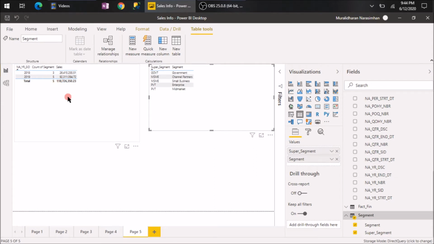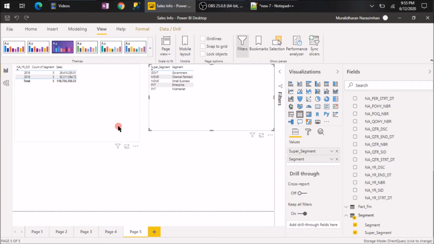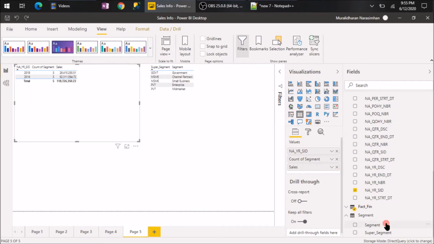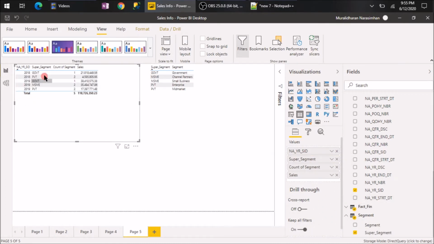Let's see. Let's get back to this main table, and let's try to add the super segment to this table. If you see, we have two super segments for 2018 and three for 2019.